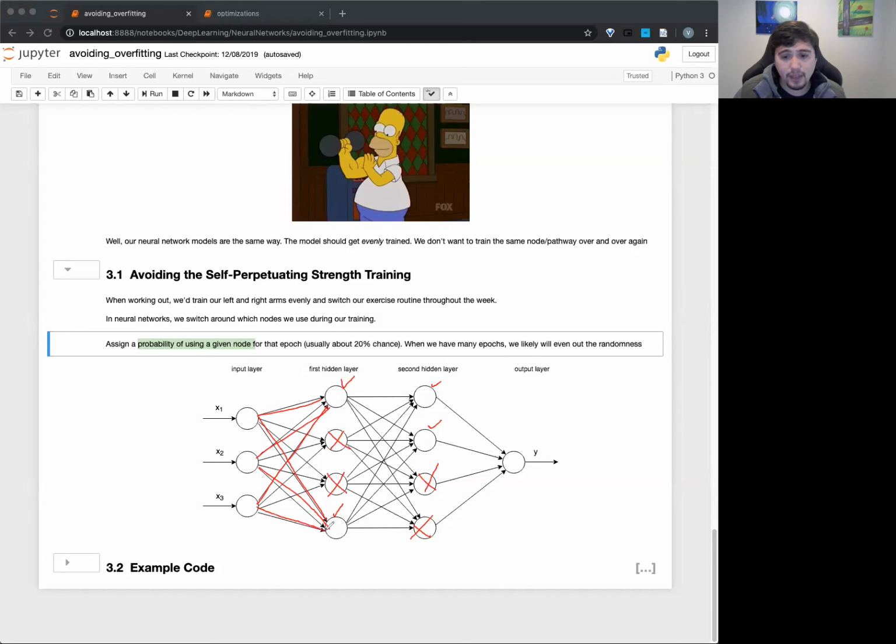But if I were to say, okay, this is the neural network going through here, and then these are going to connect to here, and these ones are going to connect to here. Essentially, we're going to make a new neural network every single epoch. And then at the end, we're kind of averaging them as we go through of different neural network architectures. And you can see that would also generalize really well.